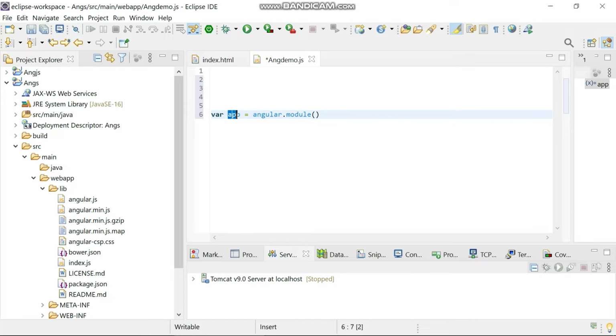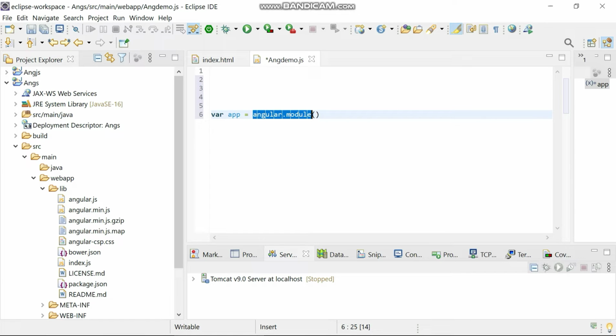So here I give app. You can give any name, just to specify it is an app. And the keyword is angular dot module. So I'm going to create the module, that is the angular app.